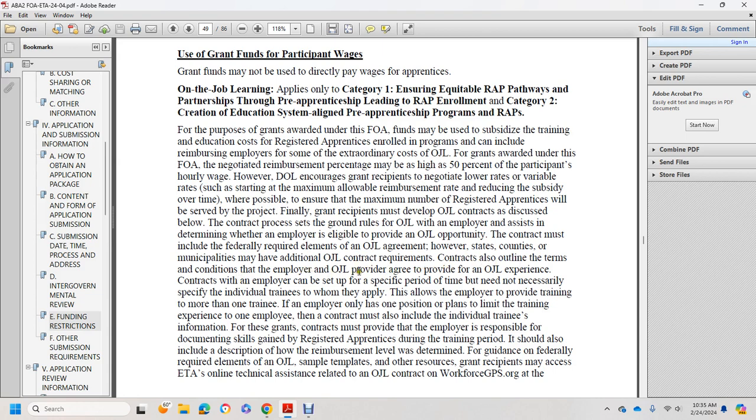Contracts with the employer can be set up for a specific period of time, but not necessarily specify the individual trainees to whom they apply. This allows the employer to provide training to more than one trainee. If the employer only has one position and plans a limited training experience for one employee, the contract must include the individual trainee's information. For these grants, contracts must provide the employer's reasonable documentation of skills gained by the registered apprentice during the training period. It should also include a description of the reimbursement level determined, guidance, and federally required elements for the on-the-job learning sample templates. For other resources, grant recipients may access the Employment and Training Administration online technical assistance related to on-the-job learning contracts on